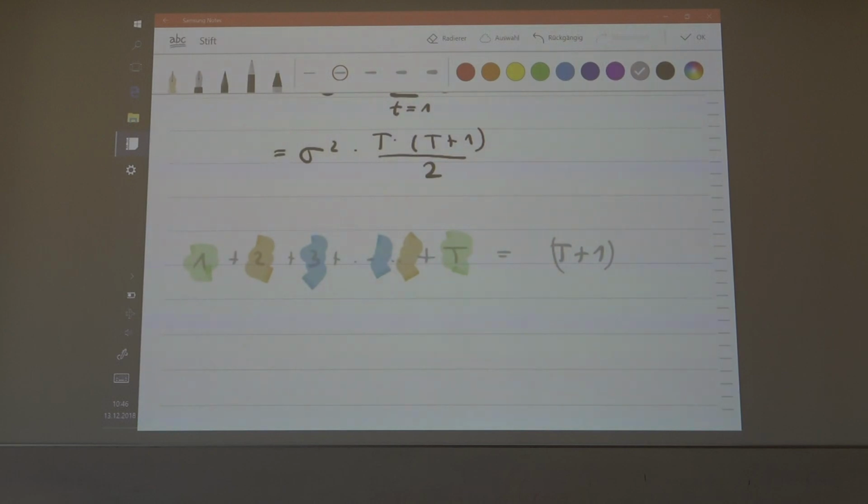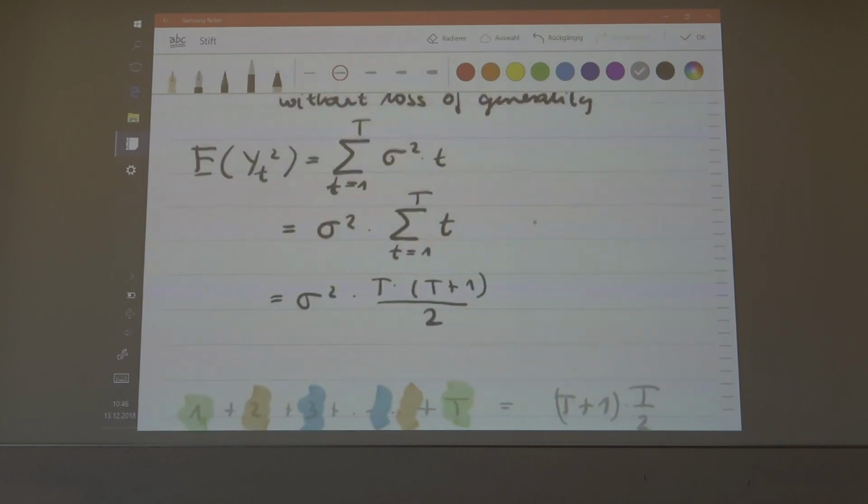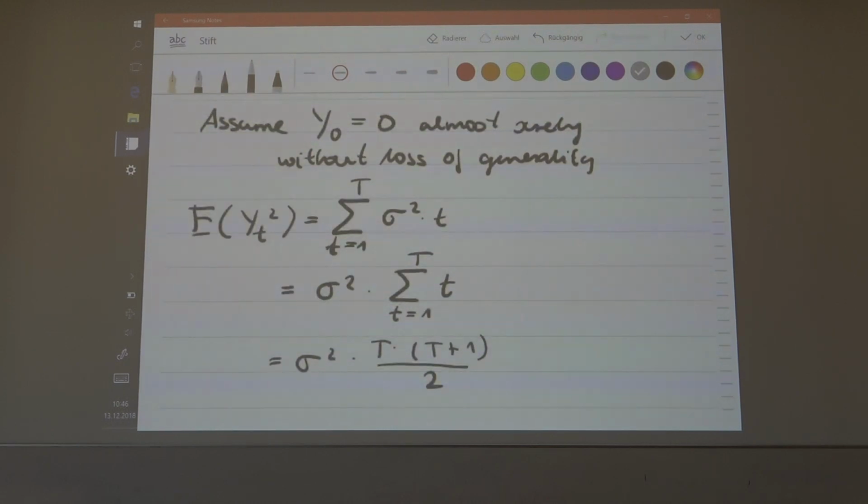Do you understand? Now, the question is, how many pairs do you have? If you have, let's say, from 1 to 100, then you have 50 pairs. If you have 1 to 1000, then you have 500 pairs. So this is the sum of the pairs times the number of pairs, so this is going to be t over 2. That's why you have this expression.